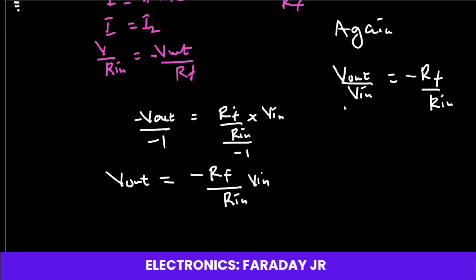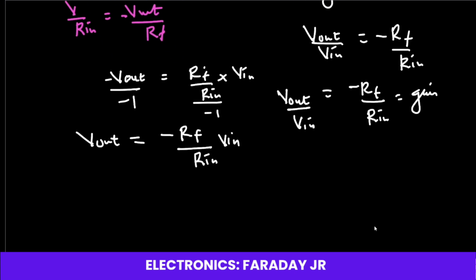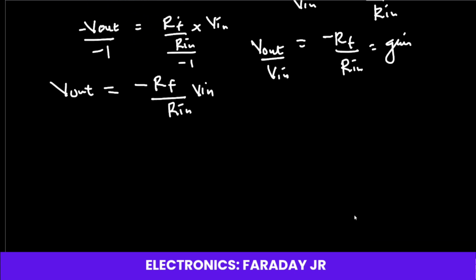So based on this equation, V out over V in, which is actually equal to the gain, is minus RF over R in. So this is actually the expression for the inverting amplifier. Okay. Now you can also be told to find the